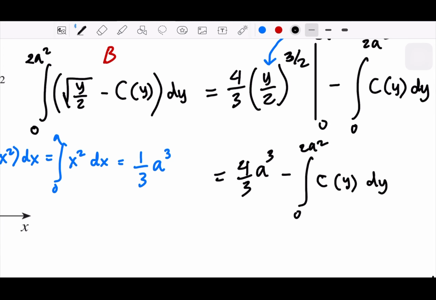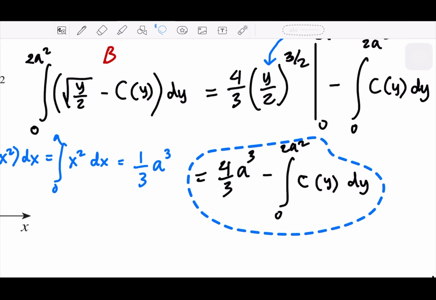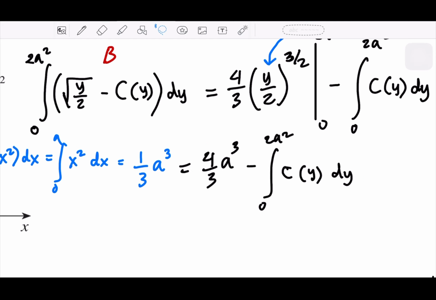Okay, I think we can just equate this to this part here. So we are going to equate this 1 over 3a cubed with this. So we are going to move this out here. So we will have negative a cubed, but it's all negative, so we can multiply with the positive. So a cubed is equal